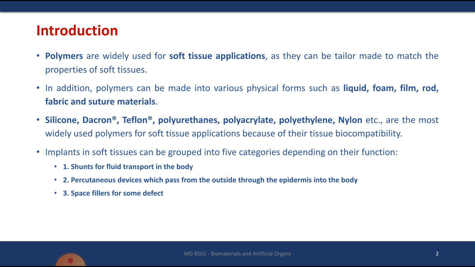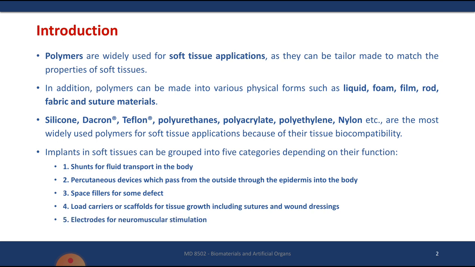Third thing is space fillers for some defects. When we say space fillers, these are just to fill the space. This can be any soft tissue or anything which can be used as a filler. Mainly these are for cosmetic procedures. And fourth one is load carriers or scaffolds for tissue growth, including sutures and wound dressings. We have already discussed a lot about this in your previous units, right? The sutures are bioresorbable, and they should degrade and should not cause any reactions or allergy. Those things are the fourth category.